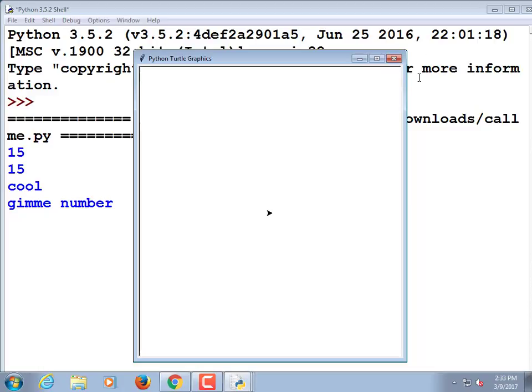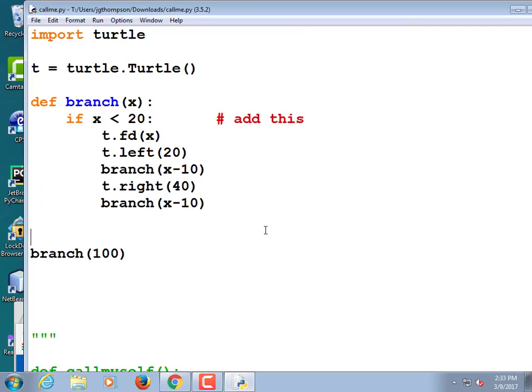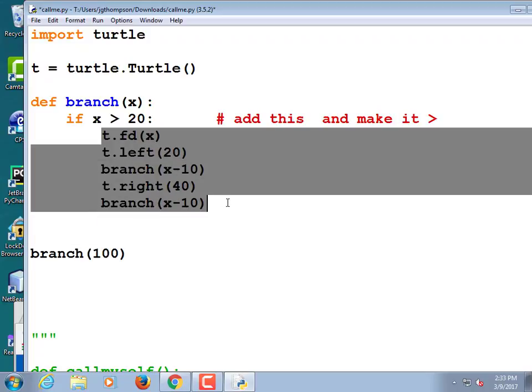And we may call this lesson done because it, again, didn't work. Excuse me, if x is greater than 20, what is my malfunction? And make it greater than. Because when you go in the first time, x is going to equal 100. So we have to have it allow us to go into the recursive code, which when it said less than 20, well, x was never less than 20 because I passed in 100, so it didn't do a darn thing.